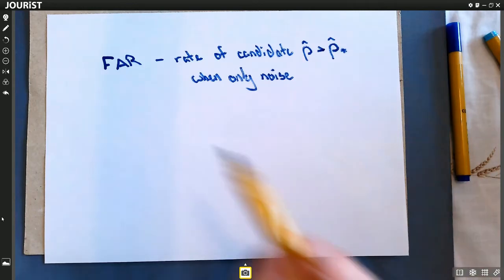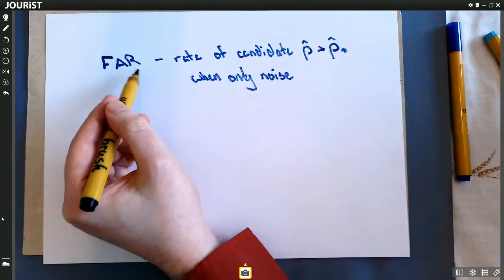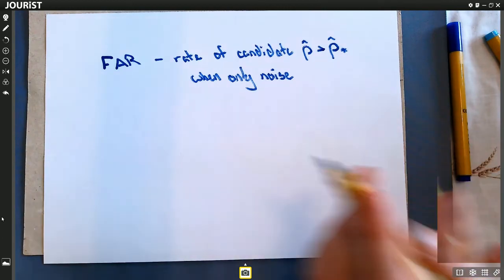So a smaller false alarm rate, meaning that the rate is lower, means a higher significance. So something, say, with a false alarm rate of 1 per century means we would have to observe for, say, 100 years to see something like this, so it would be highly significant. So that's what the false alarm rate is. Okay, so this is the primary way we identify candidates. Coming back to what we were discussing a little bit earlier, we don't only want to use false alarm rate for establishing significance, we also want